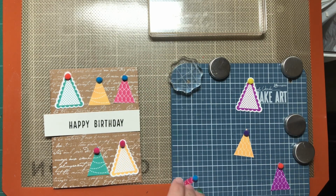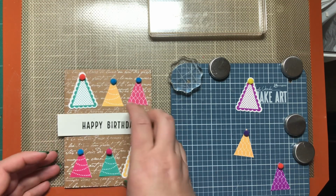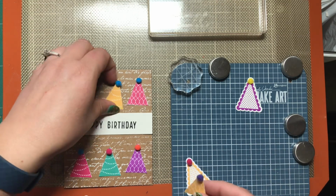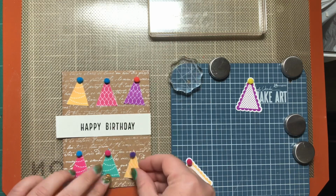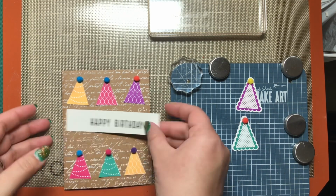And now I'm just trying to place the party hats and see what I like. At first I thought I was going to have 3 rows of party hats, but as it turns out, once I put the greeting on, even just using the smaller ones, it wouldn't work. They wouldn't fit. So maybe if I had used a smaller greeting or just not put a greeting on it at all, I could have done 3